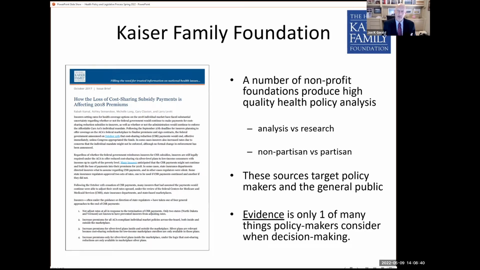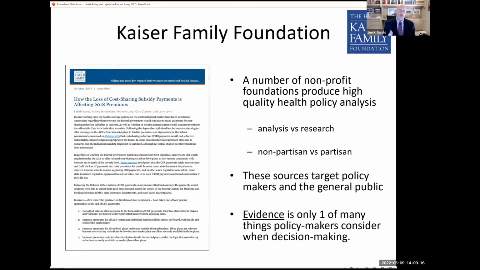Analysis is using evidence that others have created, combining it in a way that is novel and insightful, that can guide future action. And so the realm of analysis is much broader and wider reaching than the realm of research, and is often what policymakers are consuming. Policymakers don't usually go to the literature and investigate a randomized controlled trial, for example. Rather, they're using analysis that's put together by academic institutions or these not-for-profit organizations, and they're reading a summary of the research, and that's analysis.